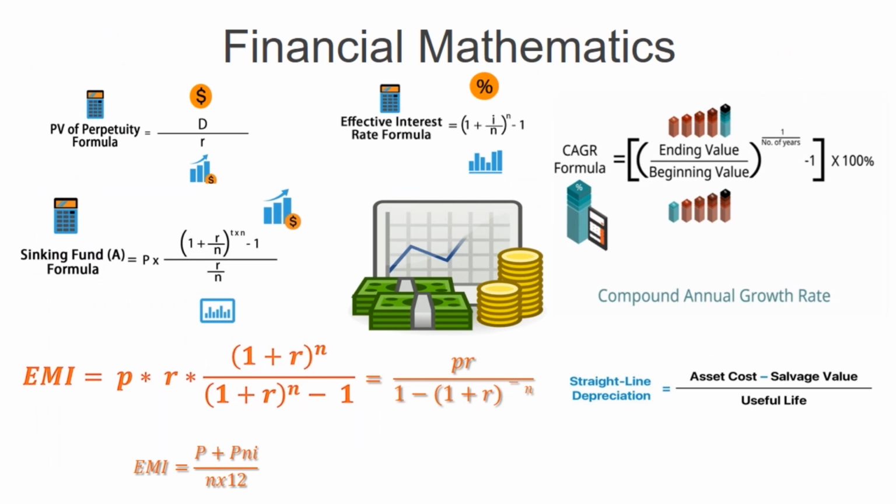Next, financial mathematics. It is an easy scoring topic, because it has more weightage: 15 marks, but comparatively very little quantity compared to calculus. So you can easily gain marks in this topic. Remember all the formulas. You have perpetuity, sinking fund, EMI, effective rate, nominal rate of interest, and CAGR. Then depreciation, where you have only the linear method. All formulas you should remember, and they will always give higher exponent values in the question. Try to get the answer.